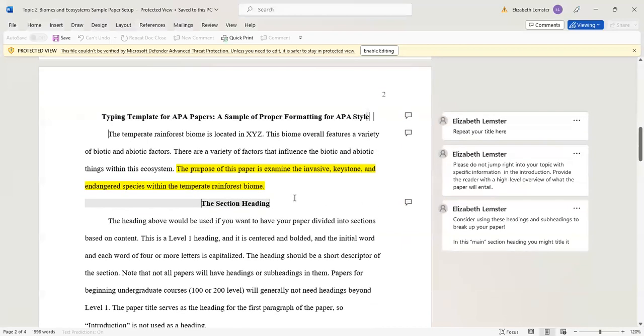One thing that a lot of students miss is that they jump right into giving a whole bunch of information about the invasive species in this first paragraph, or the keystone species. You really want to not jump right into your topic with specific information. You want to give the reader a high level overview of what the paper will be about and what the paper will entail. And you always should be ending with some kind of thesis or purpose statement at the end